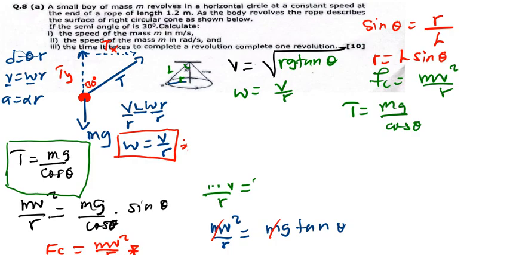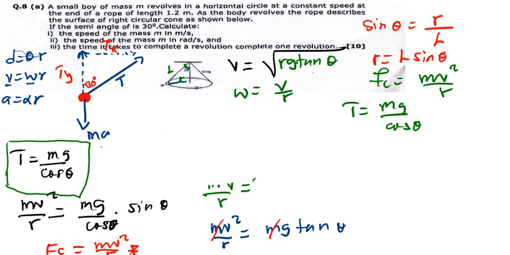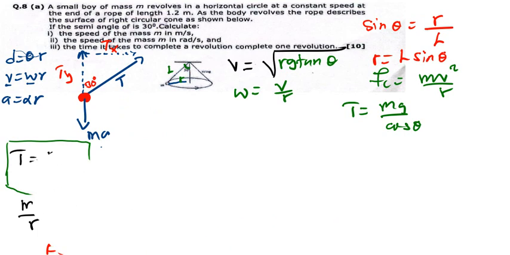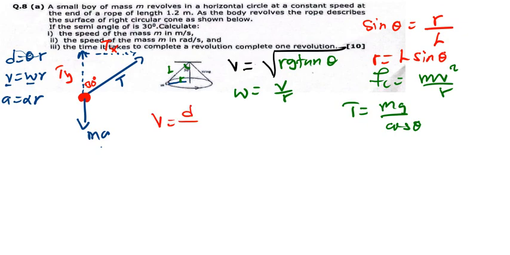What else are we supposed to get from here? Okay, we can find a lot of things, but another thing which I have to mention to you when I'm talking about conical pendulum is this. Apart from these, when an object is moving around the circle, then this formula is true. Velocity is equal to distance over time. The distance covered, or the distance